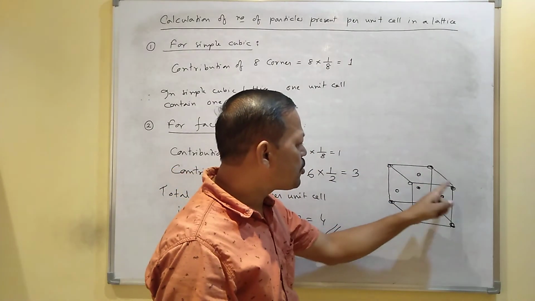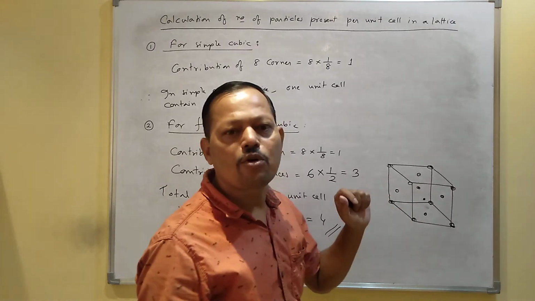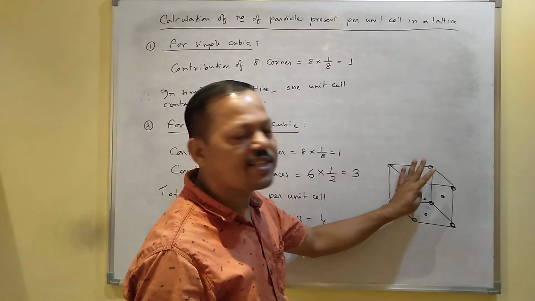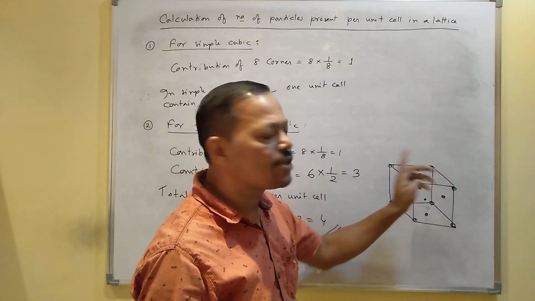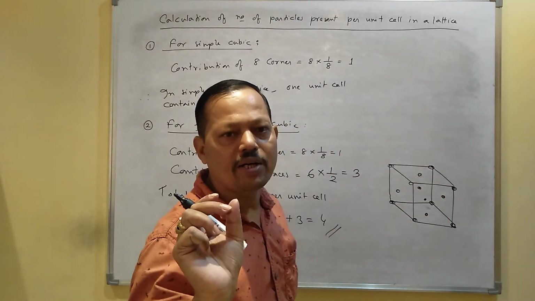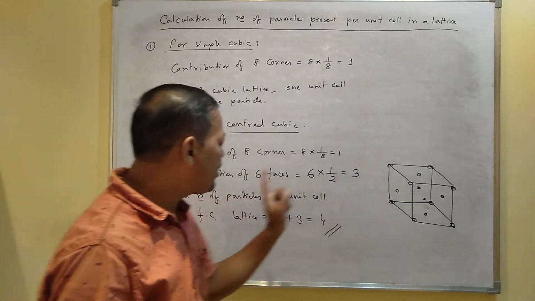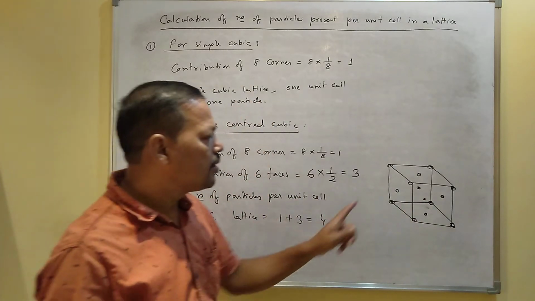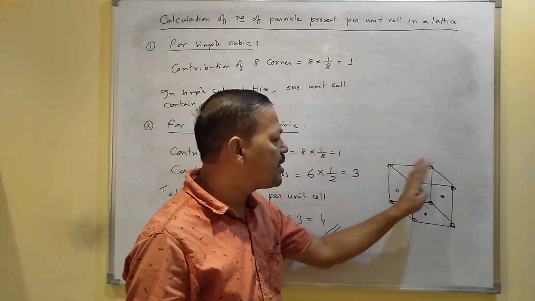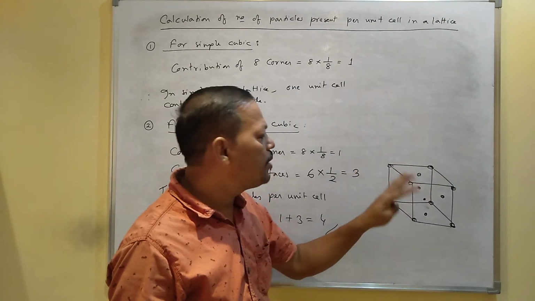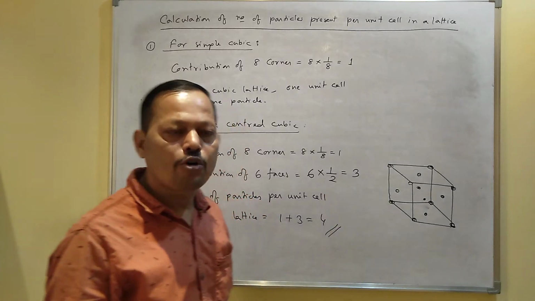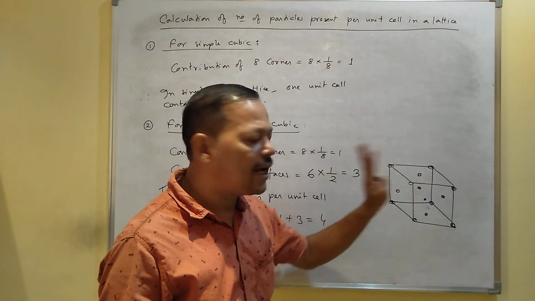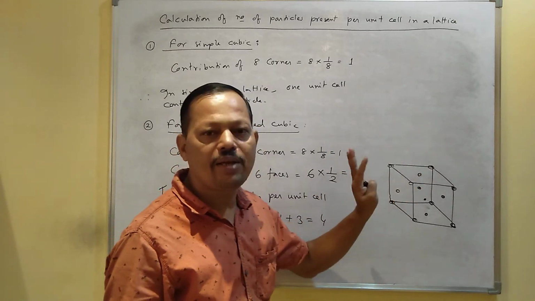And these positions where the particles are present are called lattice points. So in a face centered cubic unit cell, you will get 14 lattice points. Lattice point means the position of the particle. So lattice point and the number of particles are both different. You will get a smaller number of particles, but the positions are called lattice points. Since there are 14 positions, the number of lattice points in FCC will be 14. In the case of simple cubic, the particles are present only at the corners. There are 8 corners, so the number of lattice points will be 8, like that.